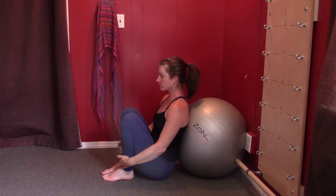On this next sequence, we are again focusing on upper thoracic spine mobility into back bending, which is a necessary component for shoulder mobility. And we're going to also put it together with shoulder mobility. So first we're going to just do the upper back